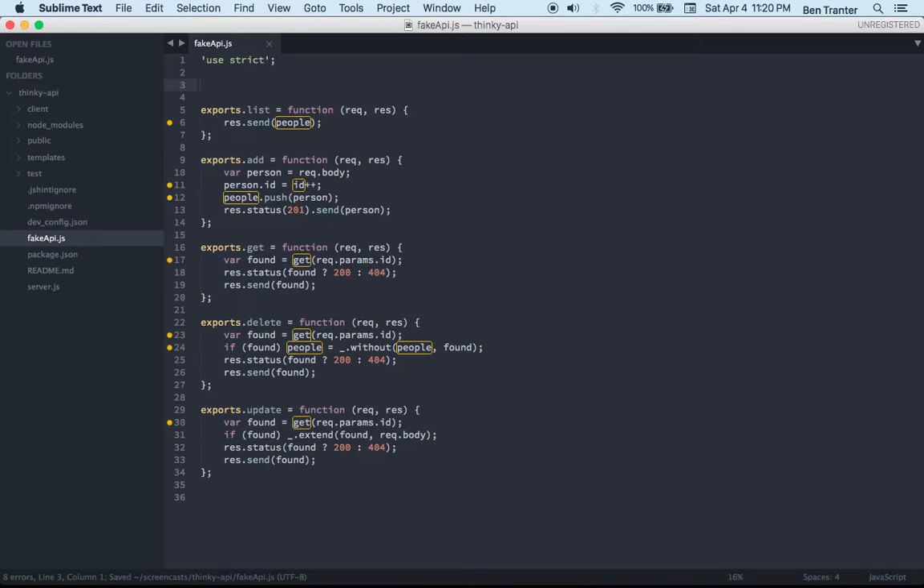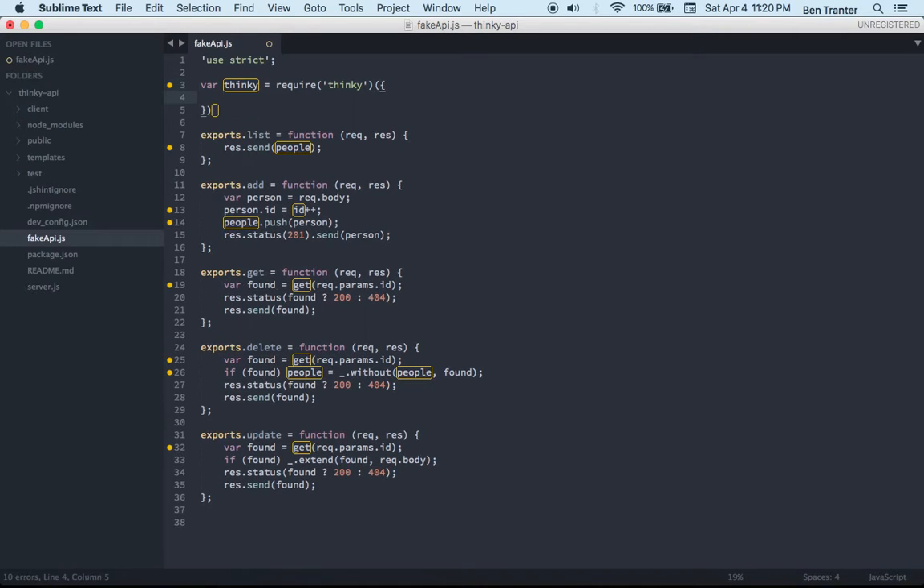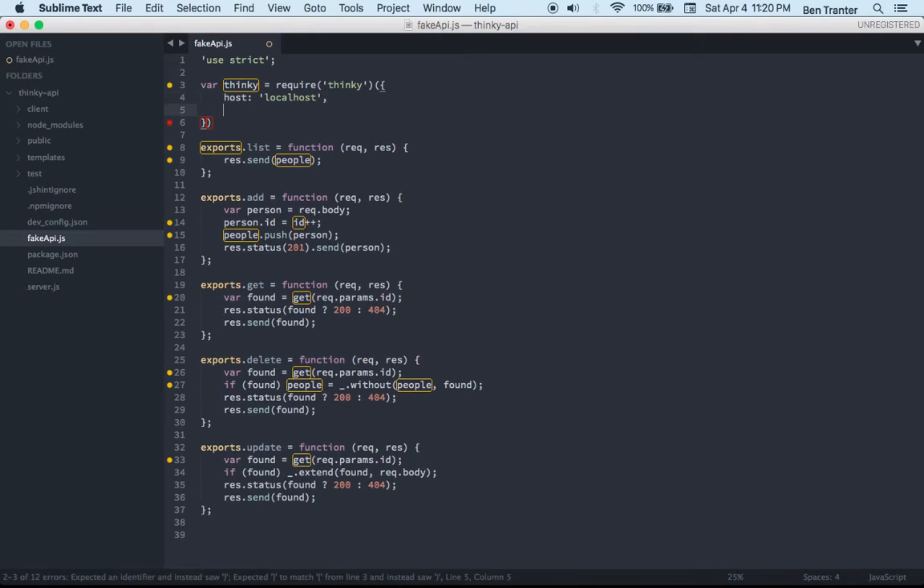And from there, we're going to make sure you require Thinky. And when you require Thinky, you also want to pass a config. So I'll show you how that's done. So Thinky right now takes three options: a host, a port, and a DB. So to keep this simple, I'm just going to do localhost, port,